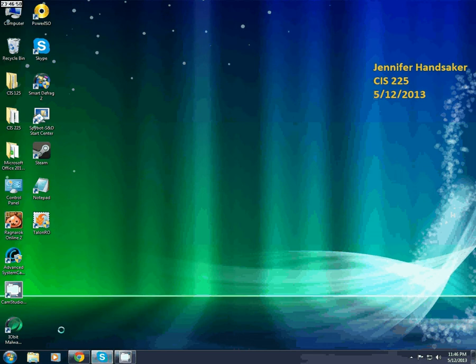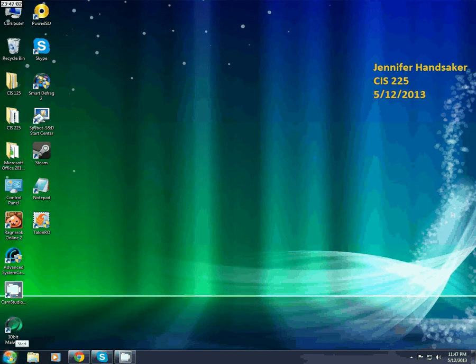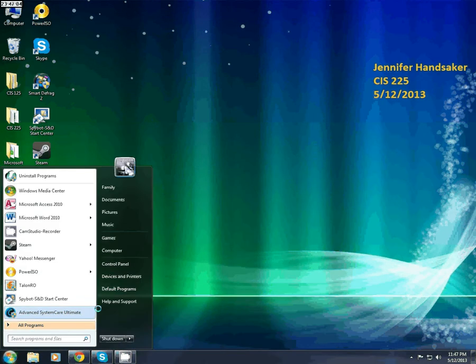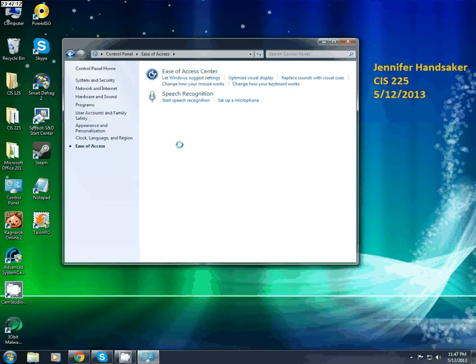Okay, so Ease of Access is a pretty nice program to use. A lot of people who are disabled can use it. So first off, we're going to go to the Start button, and then up to Control Panel, over to Ease of Access on the lower right-hand side of the Control Panel. Click on it. First off, there's speech recognition, which is great for someone who writes stories or doesn't know how